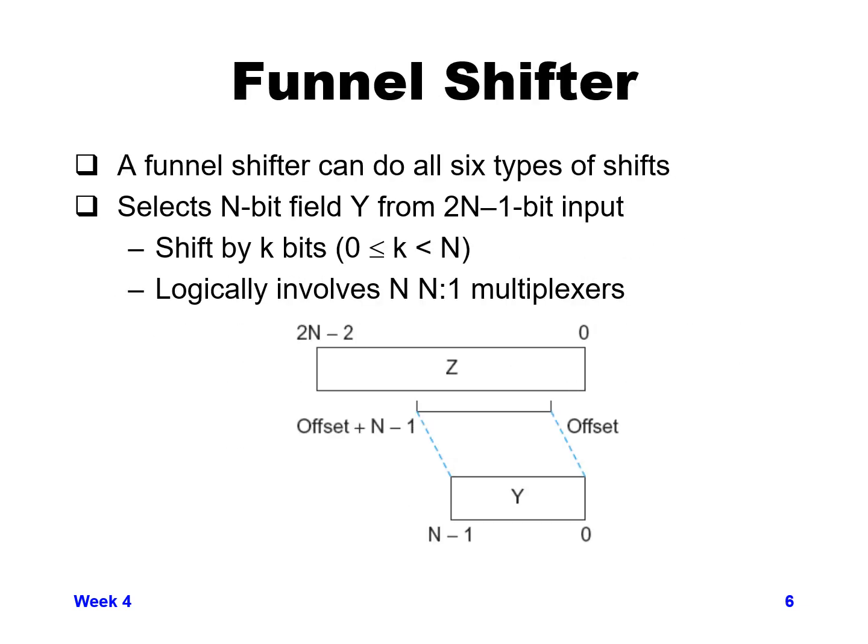So one type of shifter that can do all 6 types of shifts is what's called a funnel shifter. I'm going to describe this fairly quickly, and if you want to know more specific details about this, you can look in the book or do a search to get more details. It would take a long time to really explain it fully, and it can be a little bit of a difficult concept. But basically, funnel shifter, you take your n-bit